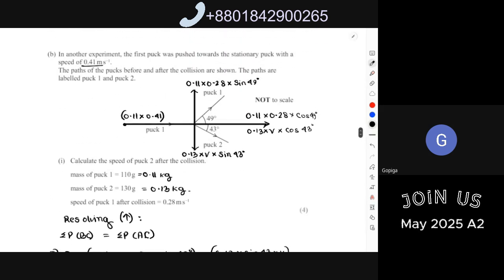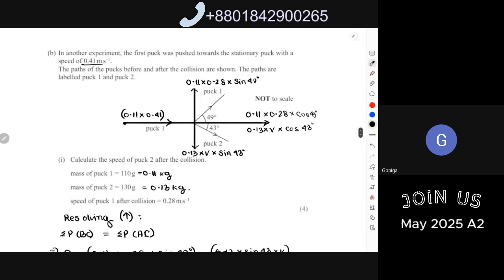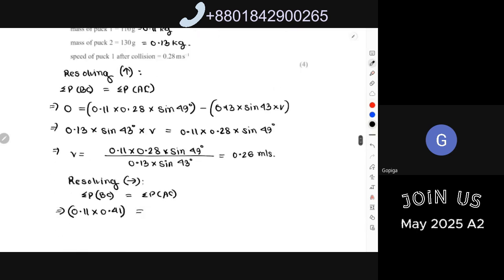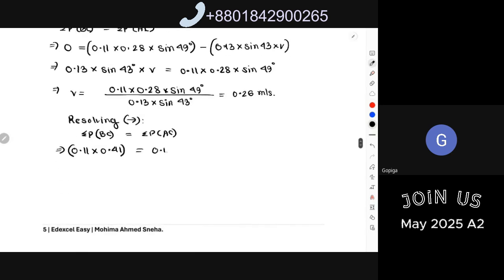And again, over here all of the particles are traveling towards the right, so nothing will be negative or positive over here. So 0.11, 0.28 with cos 49, and this will be added with 0.13, sorry, I do not know the velocity over here, I'm looking for the velocity, so it is going to be cos 43